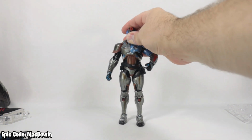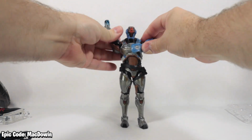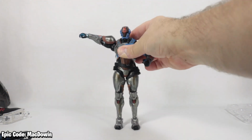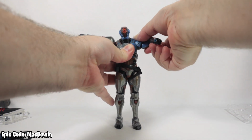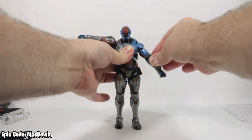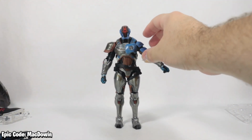It's just a barbell between the neck and the head. The arms rotate pretty well all the way around, like so, and the shoulders go about that far. Now, here's one of the problems I've got. My figure is kind of bendy here, so I can kind of crank his arm up there. I think it should go higher, but it only does one kind of crack there. So I'm going to have to warm this left arm up and see what's going